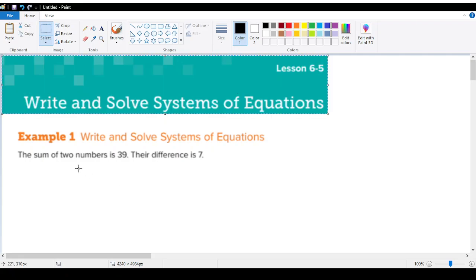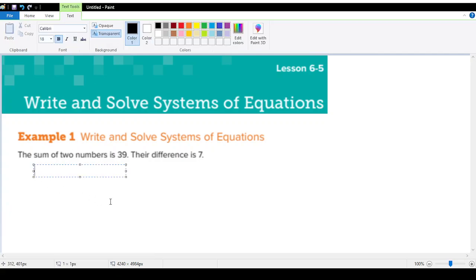Now, the sum of two numbers is 39 and their difference is 7. What are the two equations we will write? What's the meaning of sum, Shamsa? Meaning the total. Plus or minus or multiply or divide? Plus. Plus. So I don't know what the two numbers are, so I'm going to assume,